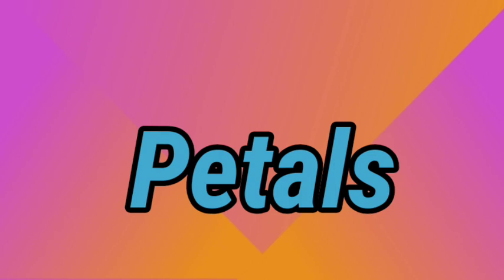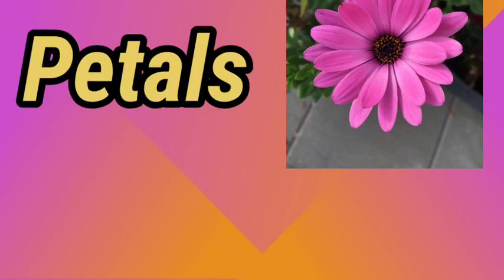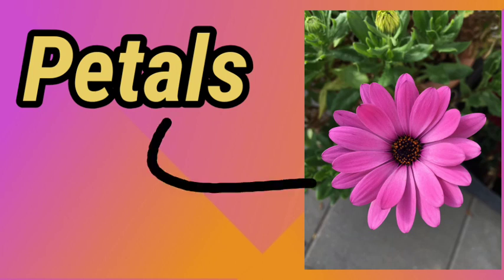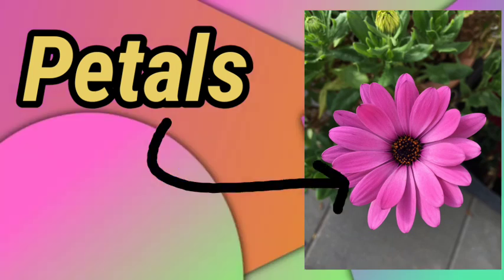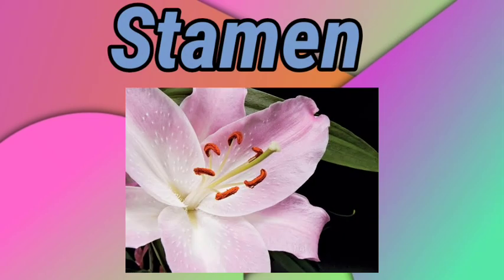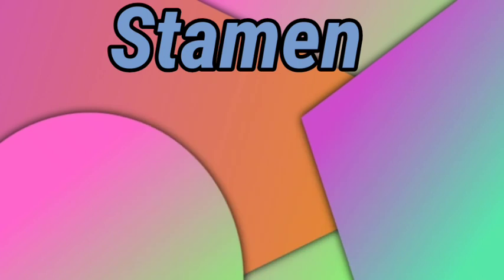Now come to the petals. पेटल्स are known as the corolla. That means corolla is the petals. They are very beautifully attractive in color, and after the sepals the petals are there. Now come to the stamens. What are the stamens? Stamens are the male part of the plant, isn't it? That is called the male part of the plant.